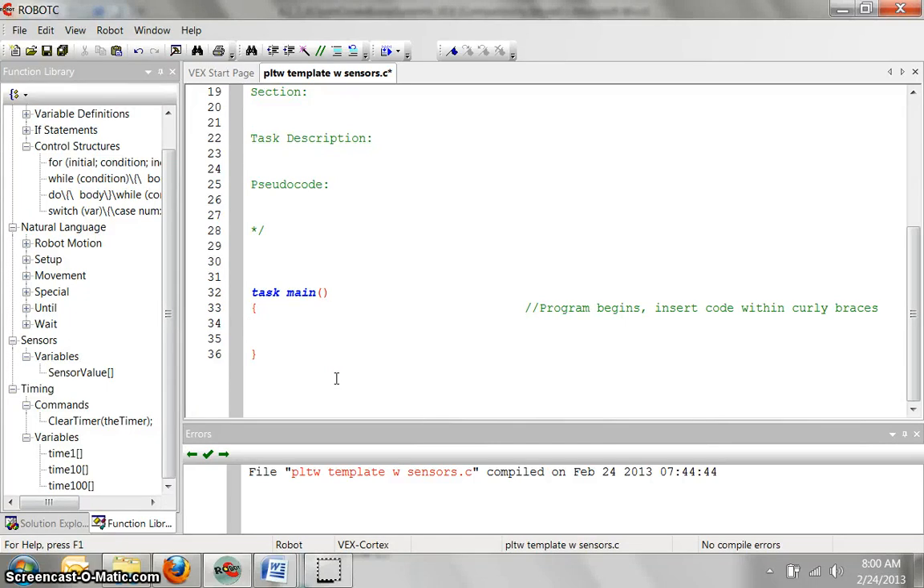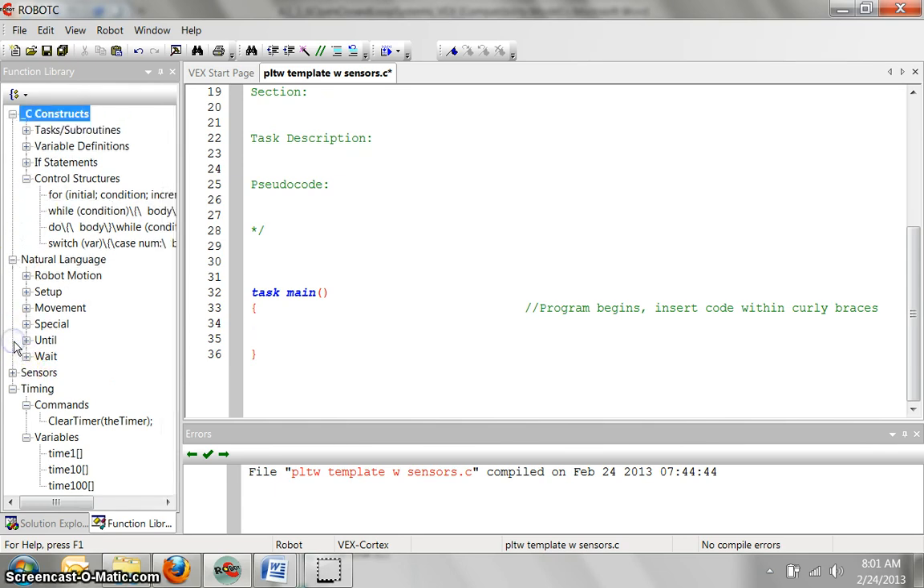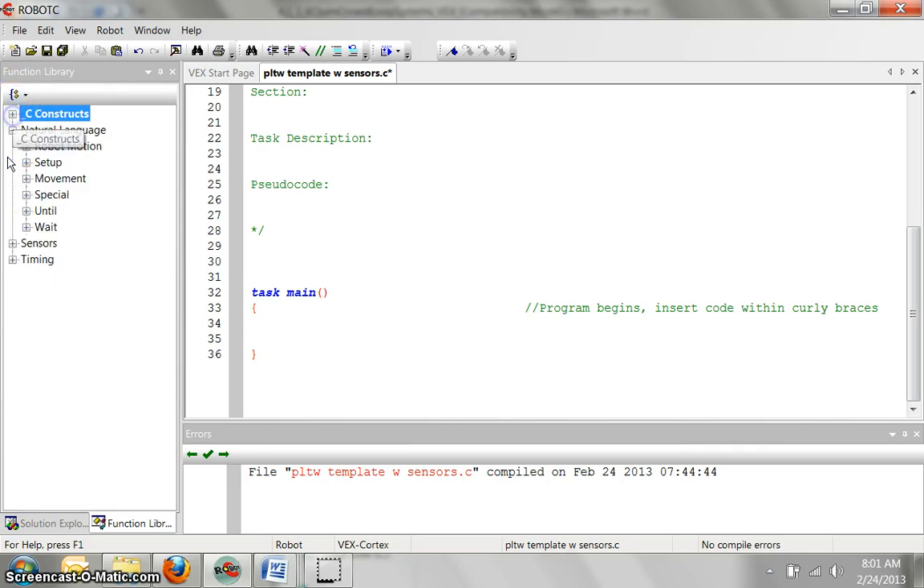Here's some information for the third, fourth, whatever section, basically the while, if, else section of the RobotC testbed activities. You'll find that the while is not under the natural language. I've expanded a whole bunch of stuff here, but it's not under there. It is actually under the C construct. So to find the while, you go to the C construct, expand that one, not the natural language, and then